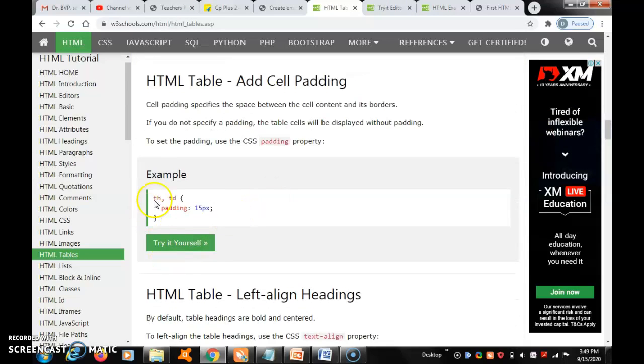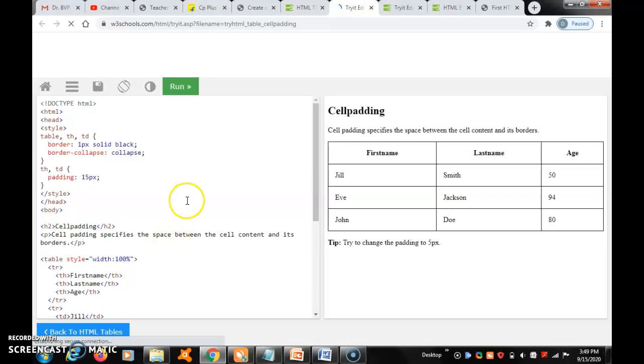Cell padding for th and td only. Here you get somewhat bigger sizes. Same thing, with padding of 15px, you get a spacious table.